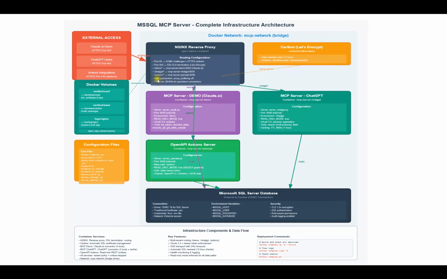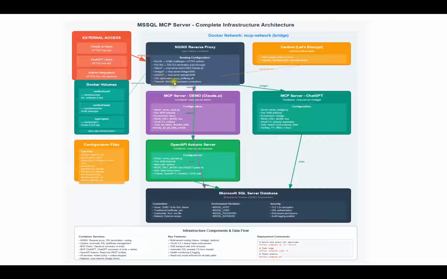For the MCP connections we are still using SSE. This is, as you probably know, being decommissioned in the MCP protocol, and it is being replaced by HTTP streams.